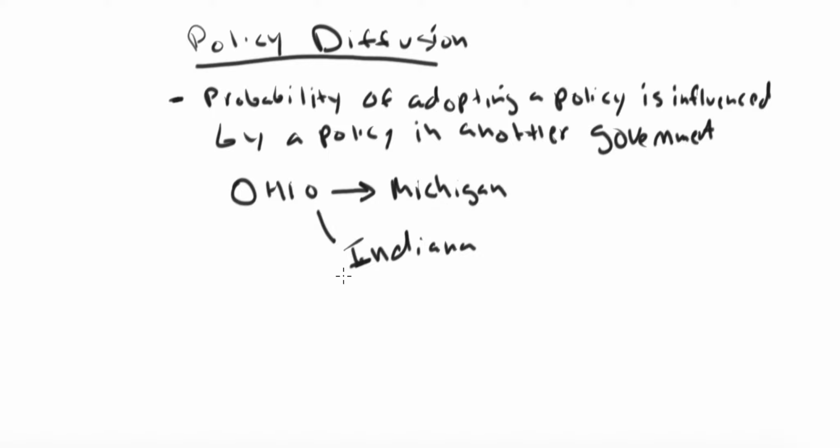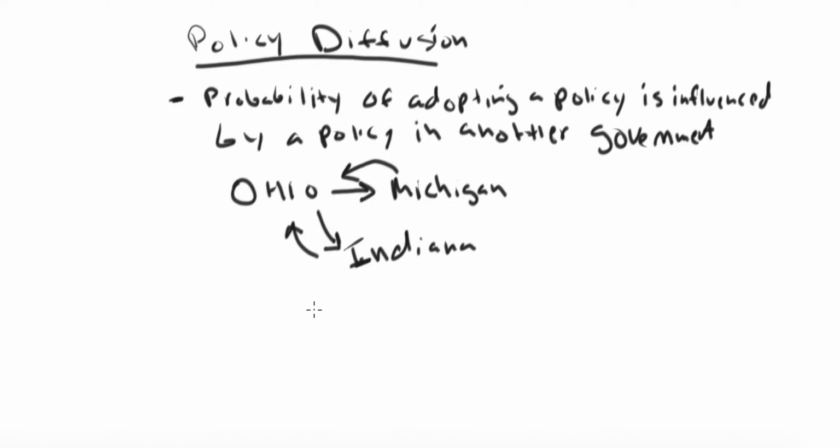But other than that, Ohio and Michigan are pretty similar. Indiana is pretty similar to Ohio and Michigan. So it's reasonable to believe that policy decisions in Indiana might influence Ohio, and policy decisions in Michigan might influence Ohio, and policy decisions in Ohio might influence Michigan, and so on, because they're similar states, so they